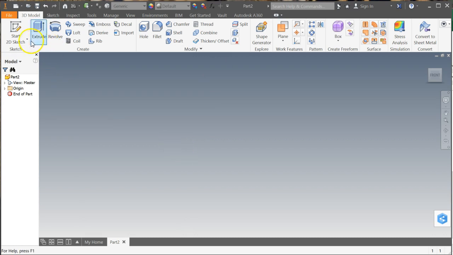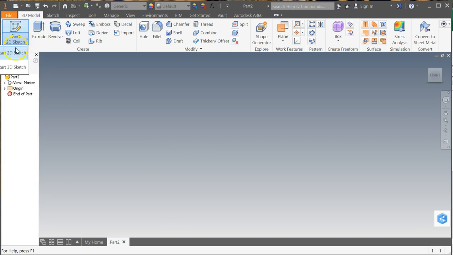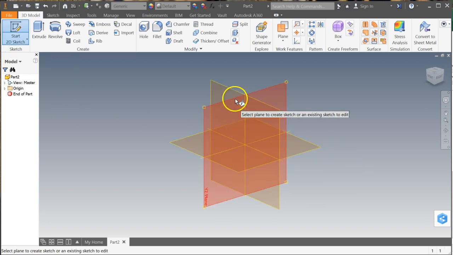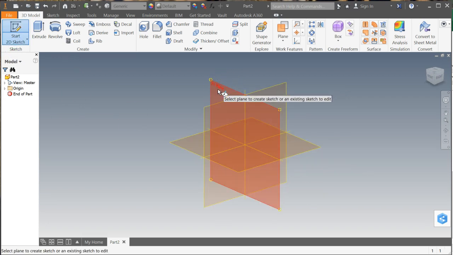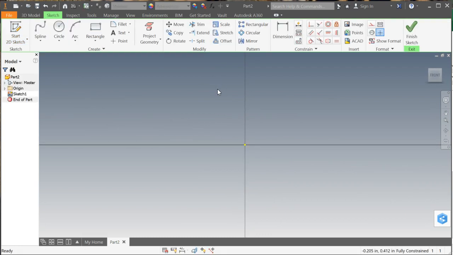And nope, we have to do something first. So let's start a sketch right here. This is a 2D sketch. And choose Start Sketch. And let's use this XY plane. Point at that, click, and then we are going to do something kind of cool. We're going to choose points,